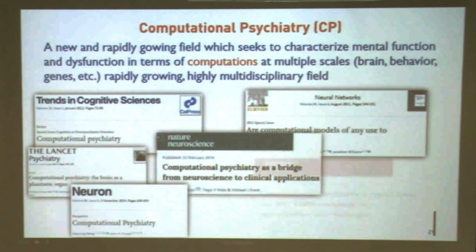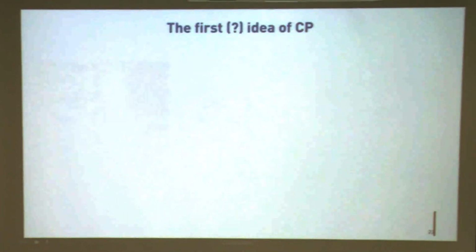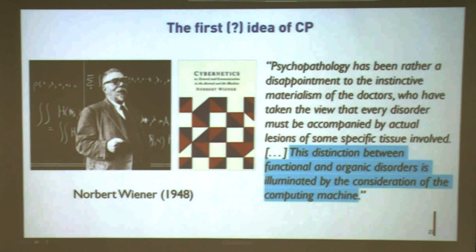There are papers about it every year, and this is new, but you can also date it back to something like the 1940s. So as early as the 1940s, there was the idea to explain mental disorder functioning, disorders like malfunctioning, in terms of computations, from the computational perspective, where the mind goes wrong in clinical populations in relation to healthy populations.